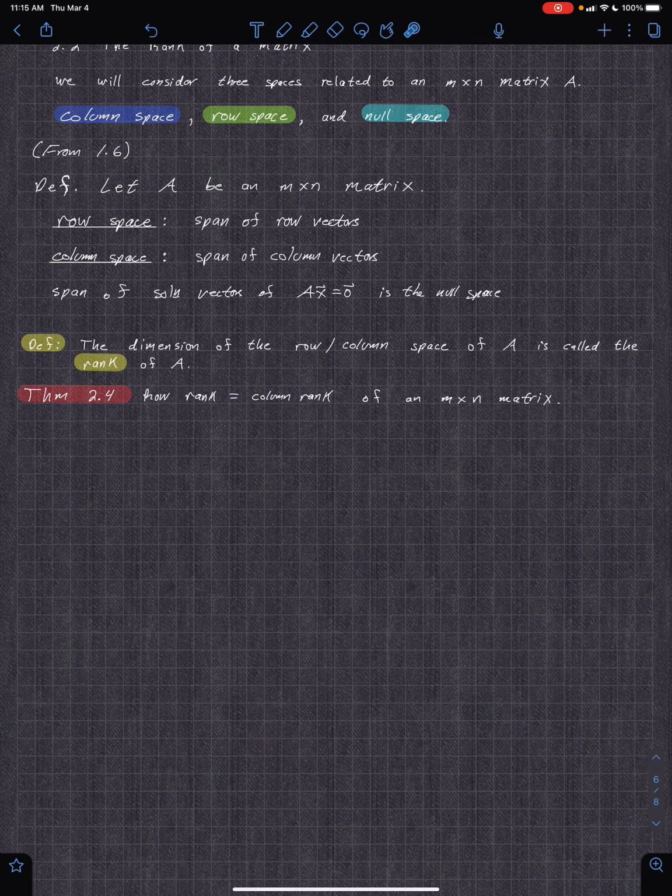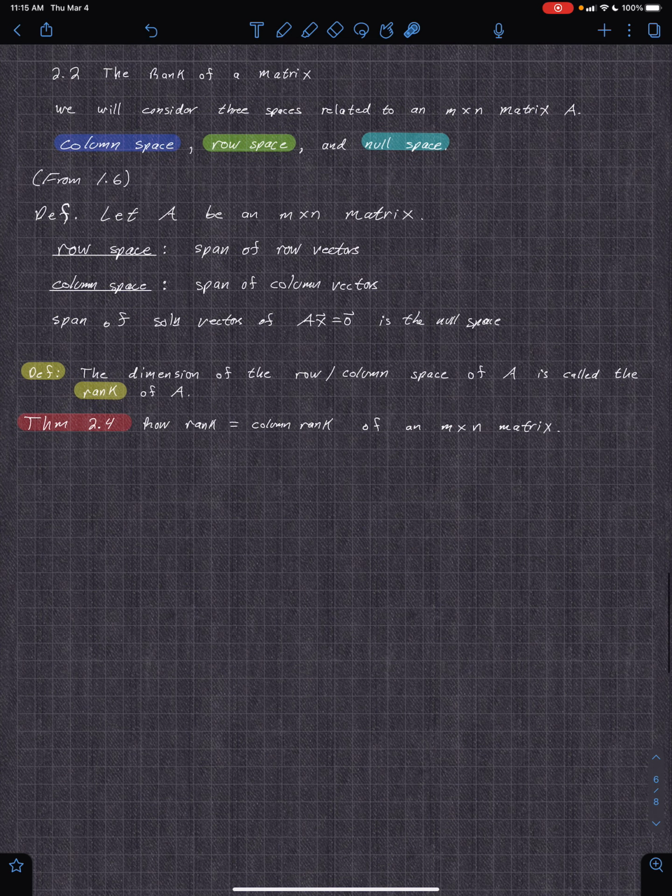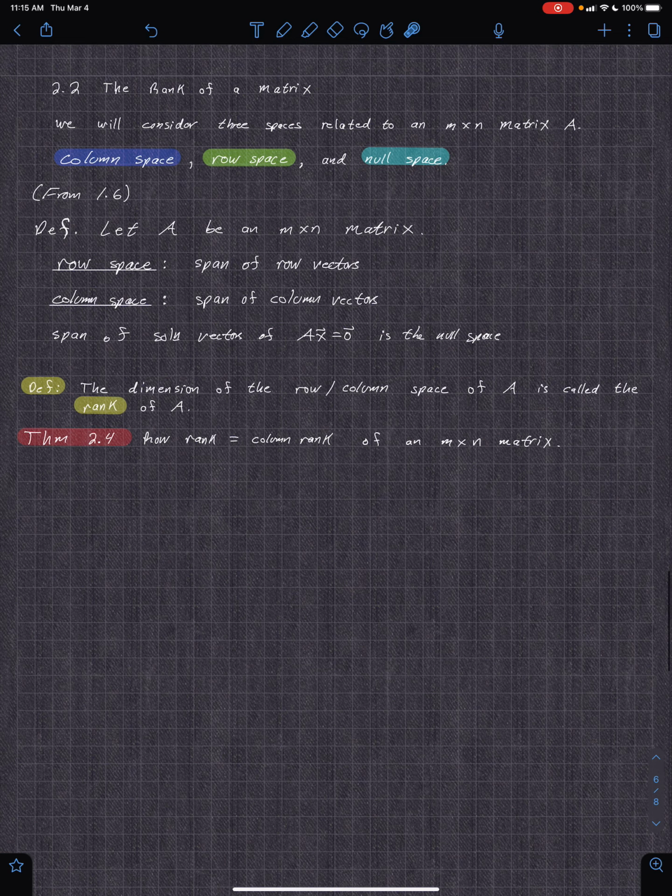So write all this down. Row space is the span of the row vectors, column space is the span of the column vectors. And the span of the solution vectors of the homogeneous equation is called the null space. So we'll be looking at that as well. Let's underline that. Don't want to leave that out. The next definition